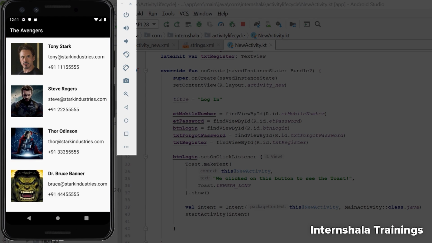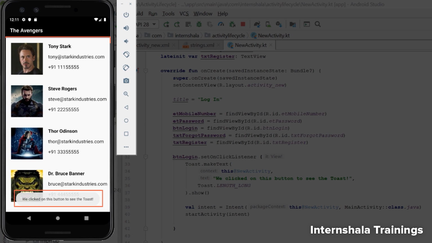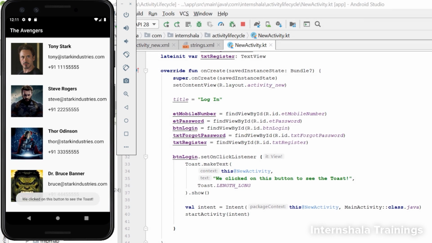Don't you feel awesome about the app already? I sure do. But see, when we click on the button, both the toast and the new screen appear on the screen. Well, we don't want that to happen. We are itching to put some conditionals here and make it right, aren't we? In the next video, we will learn how to read the user input, and then we will add conditions for the toast and the Avengers screen.